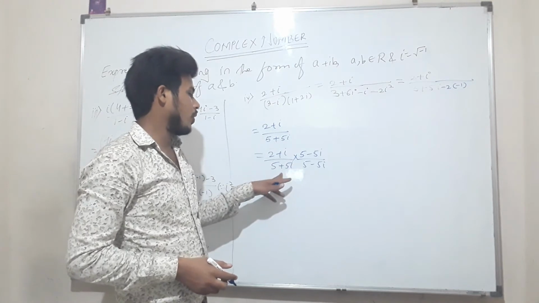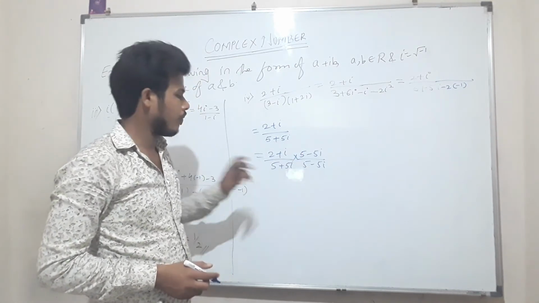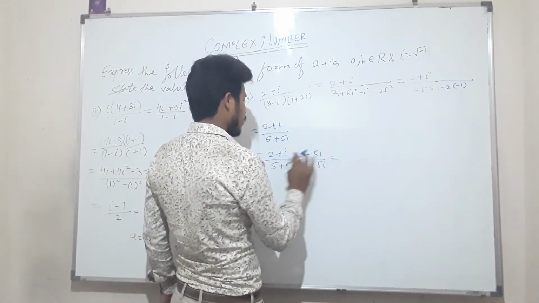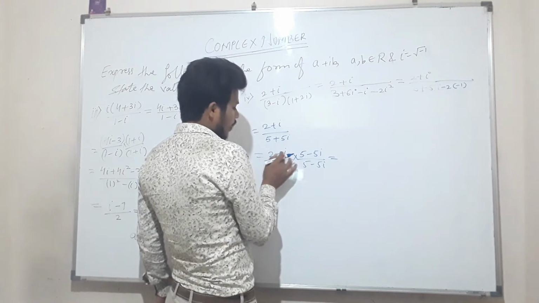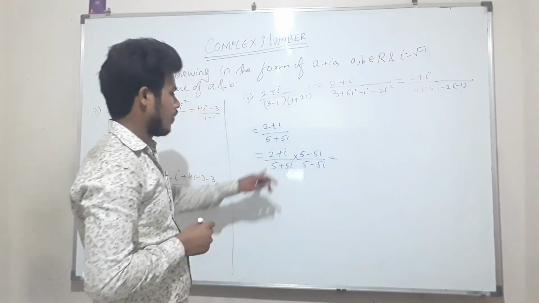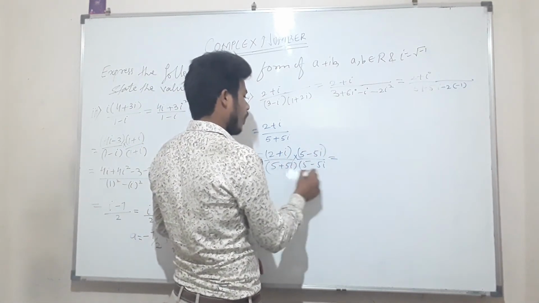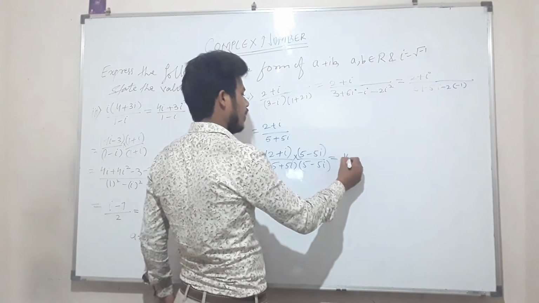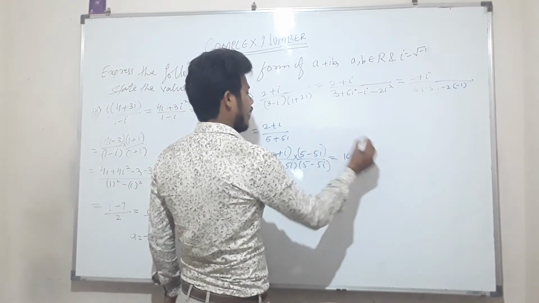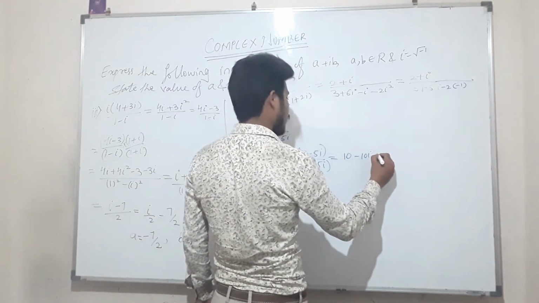We are taking the conjugate of this denominator and multiplying and dividing by this conjugate, so we will do bracket multiplication. It will be 2 into 5 is 10, 2 into minus 5i is minus 10i,